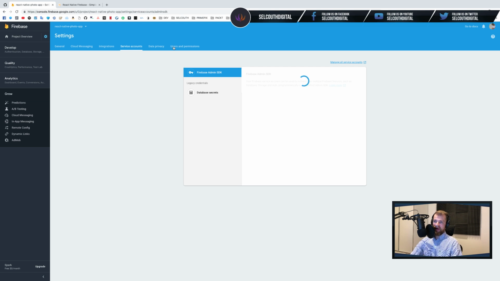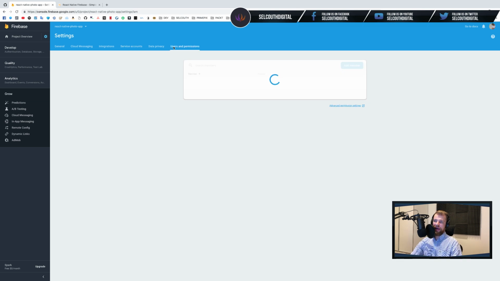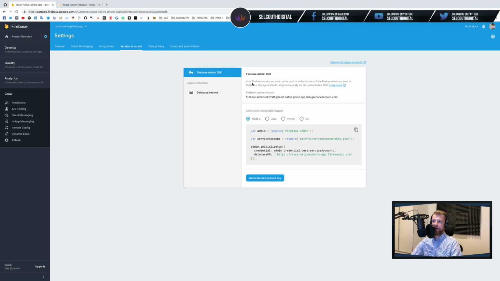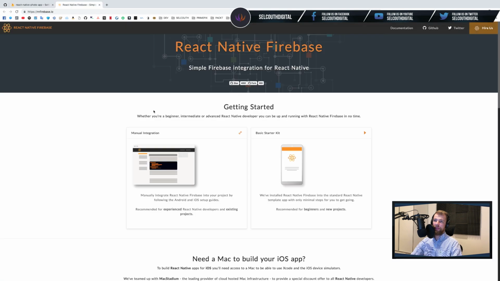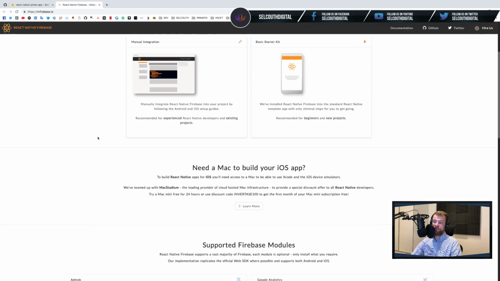But what I would really love to have is basically like a key which I can use to connect it to our app. But there you go. So there is a thing called React Native Firebase, and this is the integration, like a wrapper for Firebase, for React Native, to link it together,